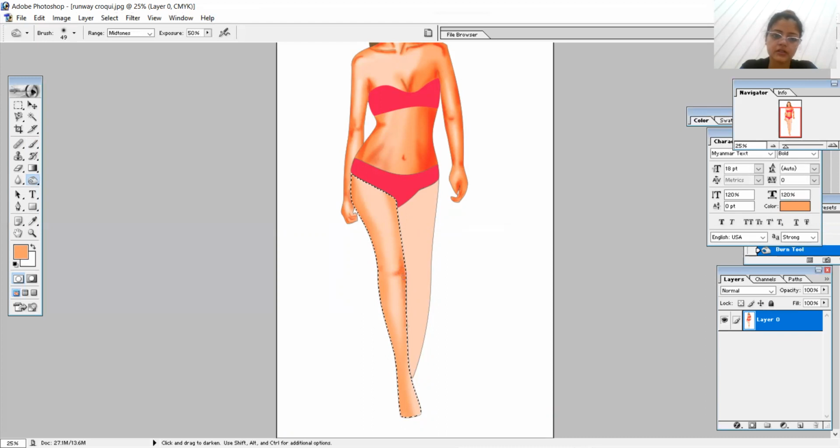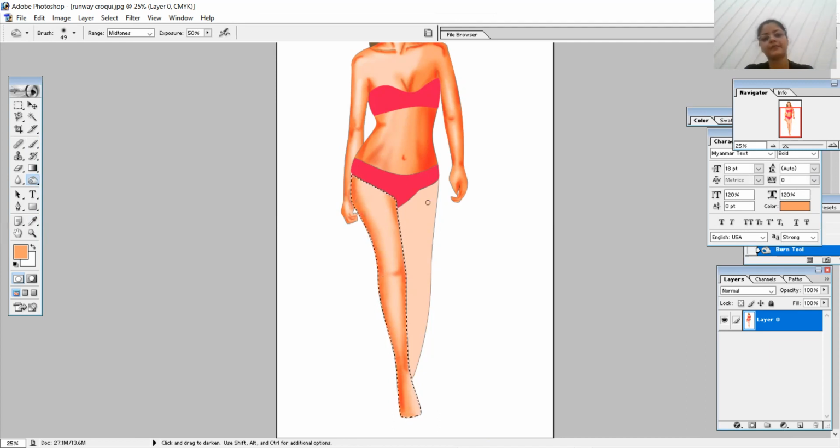Make it appear dark. Outline it perfectly with this. You can see a lot of lighter part in the skin area because this is the left leg, and in the left leg we have shown more light fall.